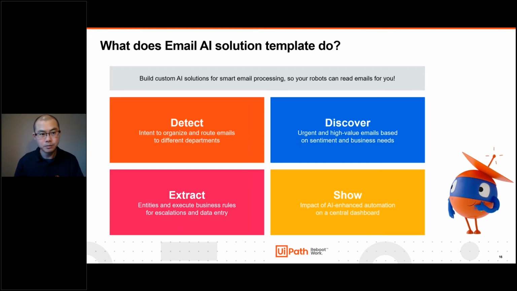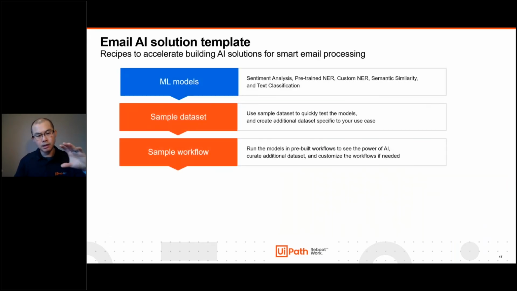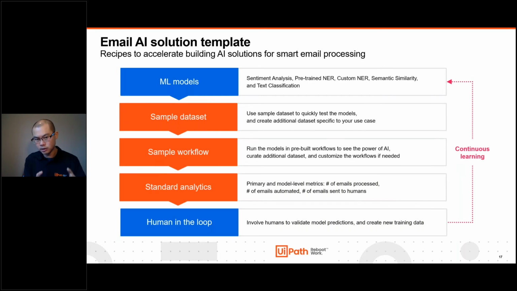So how does this work? Well, it really takes a lot of those components that we talked about earlier, especially some of those pre-trained models. And what this does is it almost gives you like a recipe for how to go and bring these together more easily. So, if any of you through the course of the pandemic have started to experiment more with cooking at home, imagine something like a meal kit, where you have the recipes, you have some of the raw ingredients. This gives you a head start on how to bring that together, and allows you to then customize the flavor and customize that last bit of it for your particular needs.